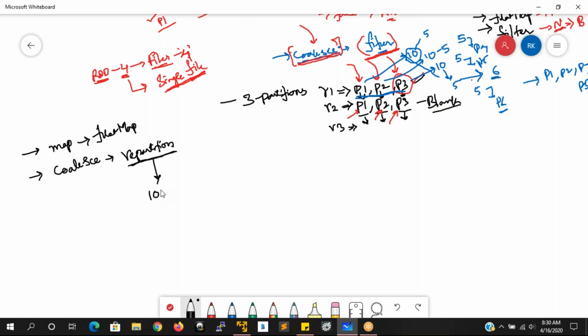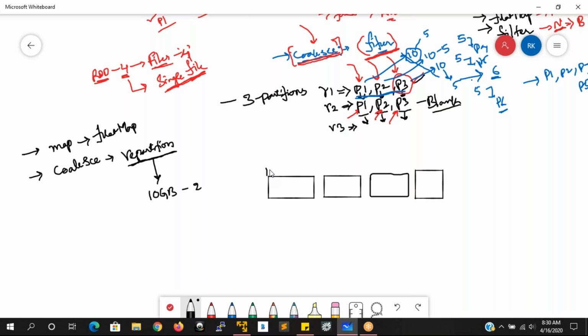For example, if I have 10 GB of data and I am saying only 2 partitions, what is going to happen? Let us say I have 4 machines.